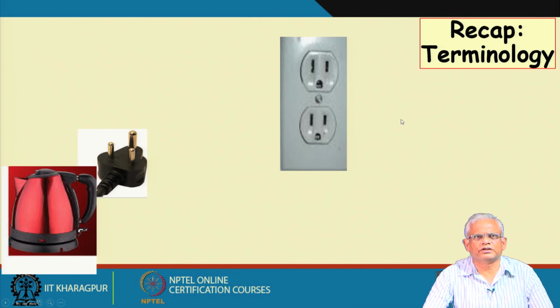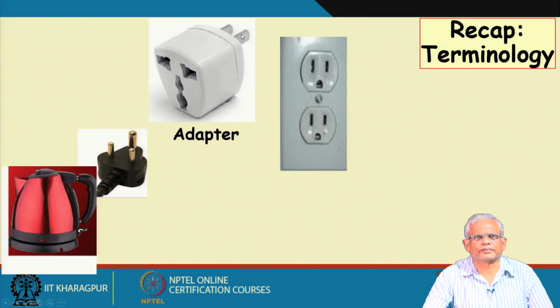Now, please recap the terminology. What do we call this? In the non-software example, this is the client expecting the target interface, but then we have the adaptee here, and we need the adapter, which has the target interface, but can make calls or sits on the adaptee interface. So, this is the adapter, this is the adaptee, and this is the target.